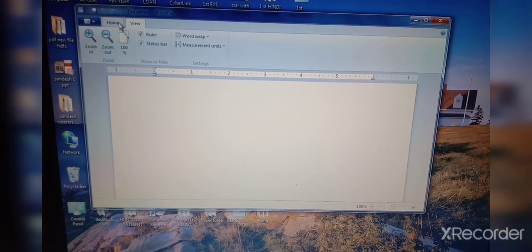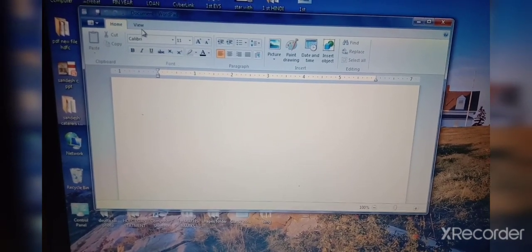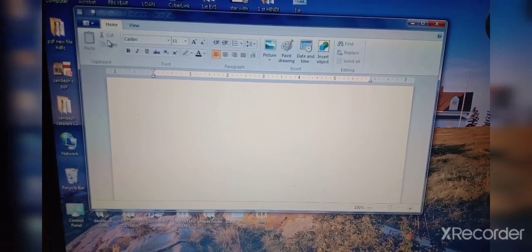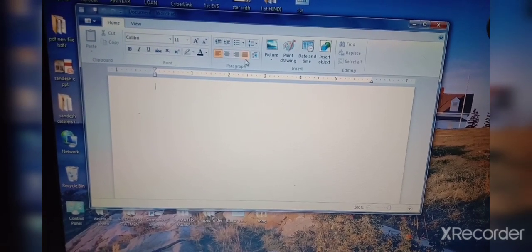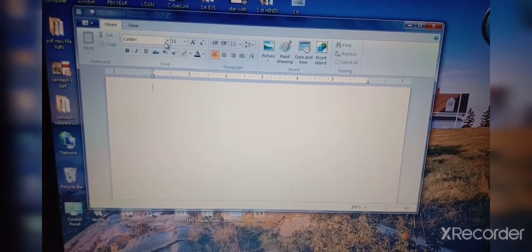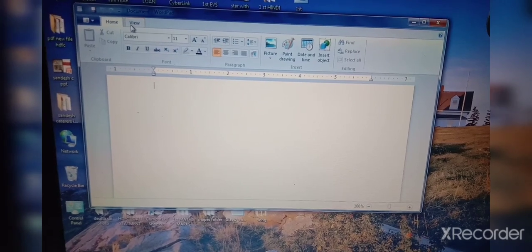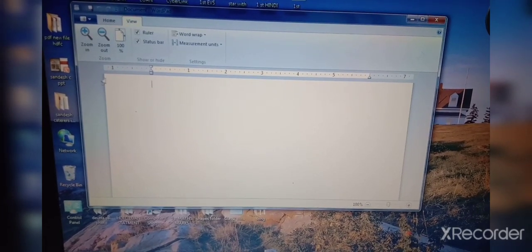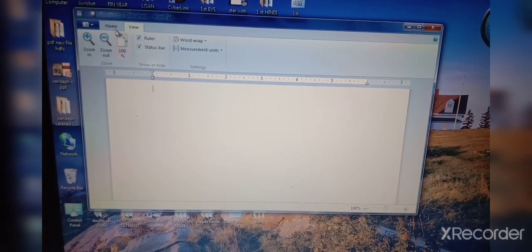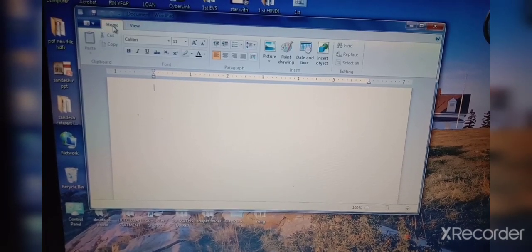Say with me, home tab, view tab. When you click on the home tab, you will get these many commands or the options. Okay, and when you click on the view tab, you will get some different options. Okay, different commands. Now click on the home tab again.